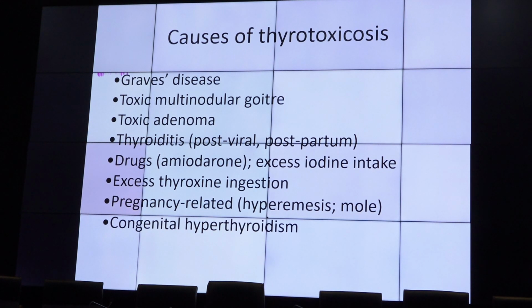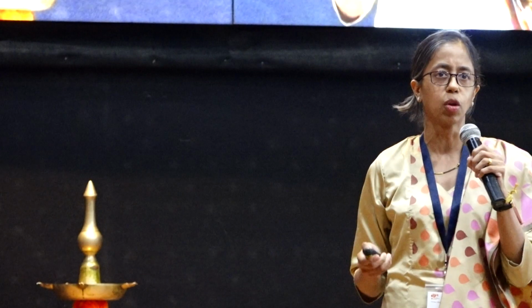All these are because of excess functioning of the thyroid gland, which is producing more T3 and T4. The remaining causes, that is thyroiditis, drug-induced, excess iodine intake or excess thyroxine ingestion, are excess thyroid hormones either from outside or from destruction of the gland. Because of any viral infection, like in COVID, we saw a lot of cases of thyroiditis, which is destruction of thyroid epithelial cells causing release of preformed thyroid hormones. So this is very important. Now, this is the basis of how we diagnose